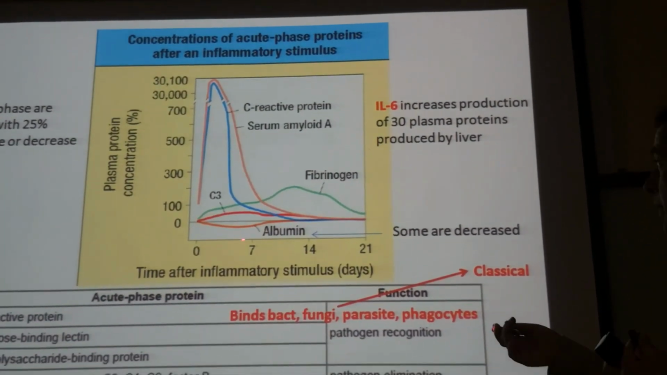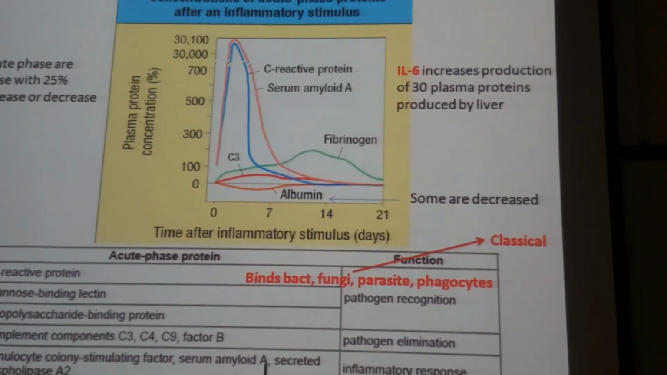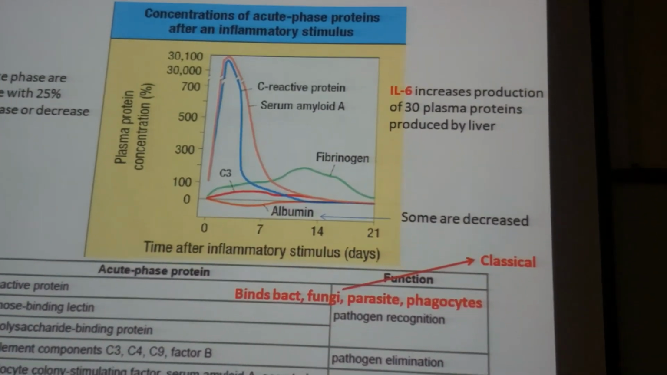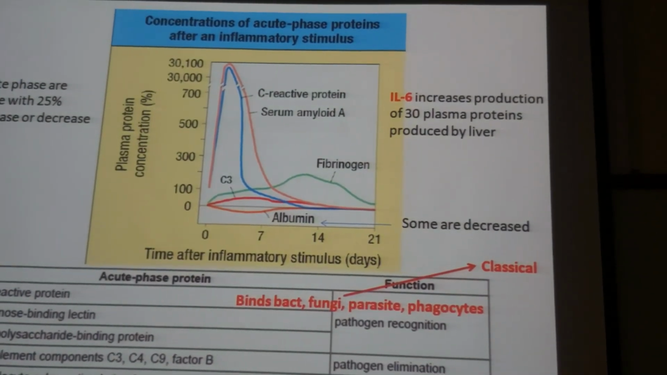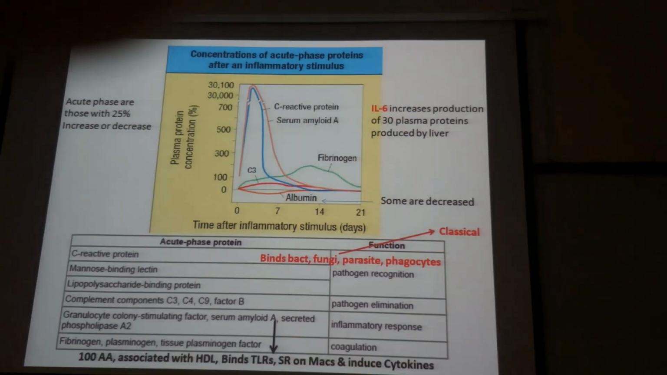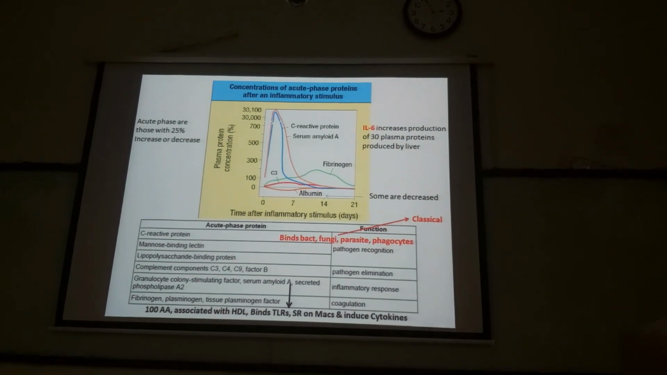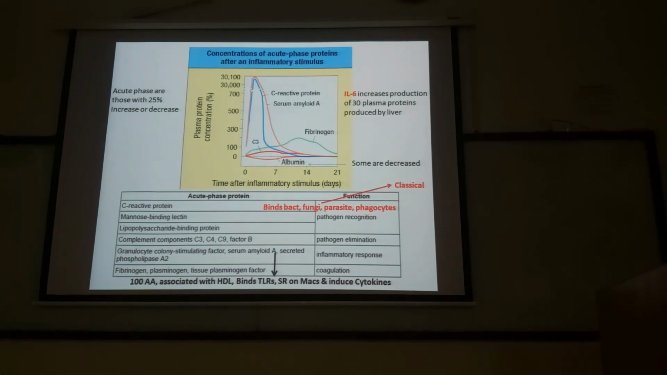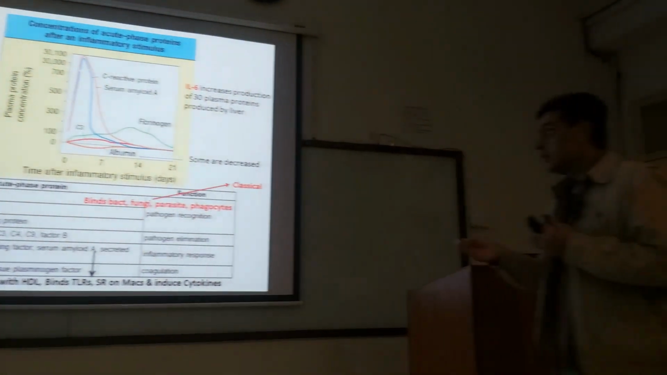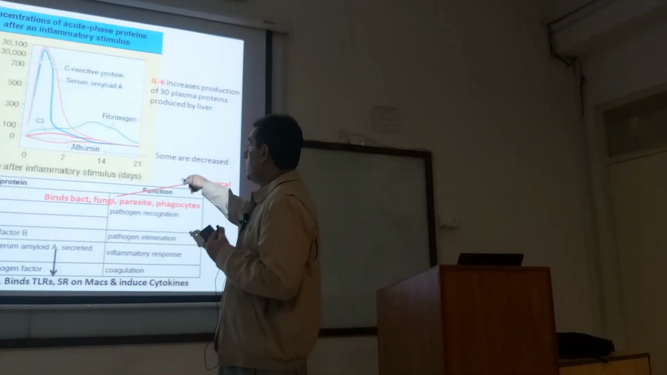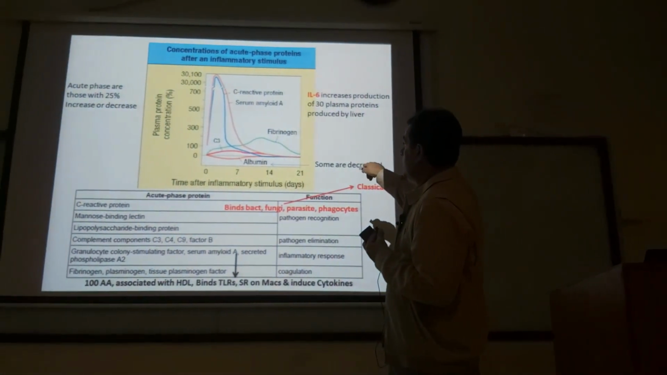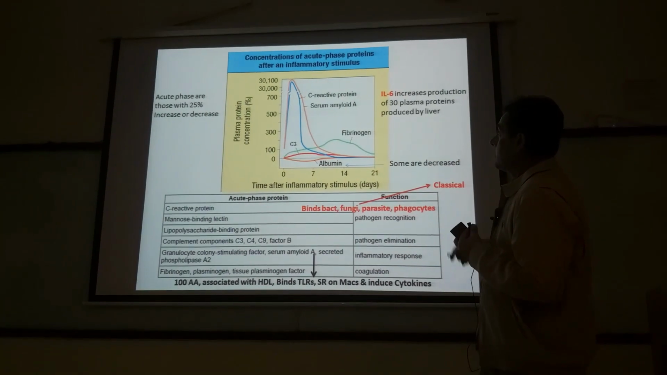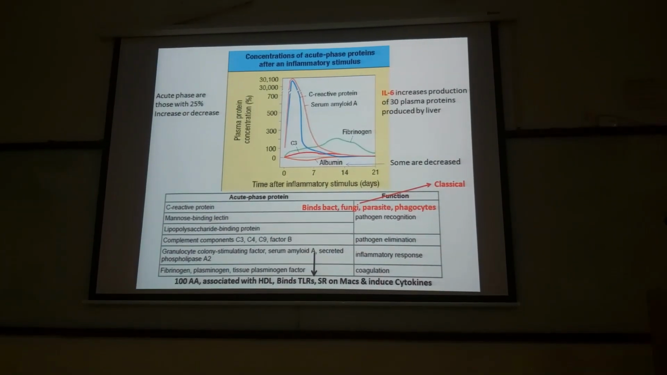So, albumin, for instance, normally albumin should be the most abundant plasma protein inside the blood. The most abundant liver protein is albumin. Okay? But when there is infection, then other proteins, the acute phase proteins like the serum amyloid A, the C-reactive proteins, etc.,